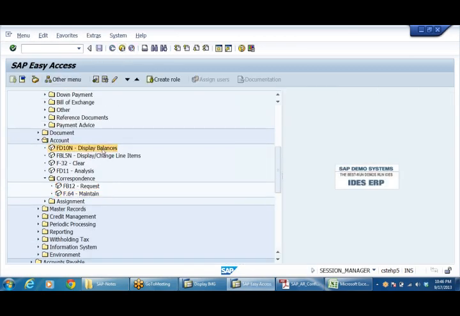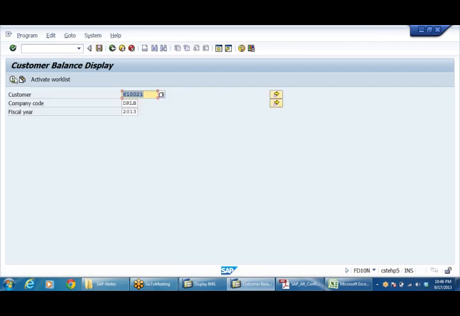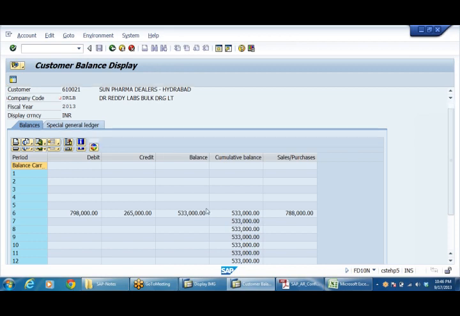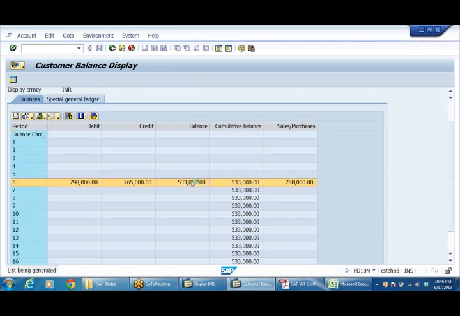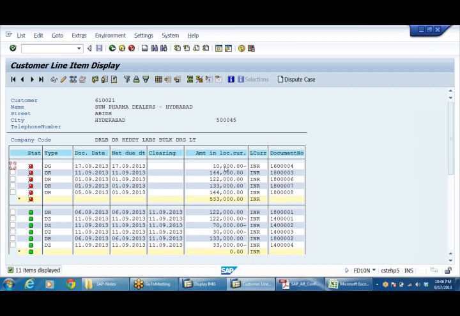If you go to the customer account line item display, see, 10,000 is showing as an open item, and next time when this fellow pays 1,44,000, he'll pay only 1,34,000, and the 10,000 plus 1,34,000 put together, I can clear the open item.